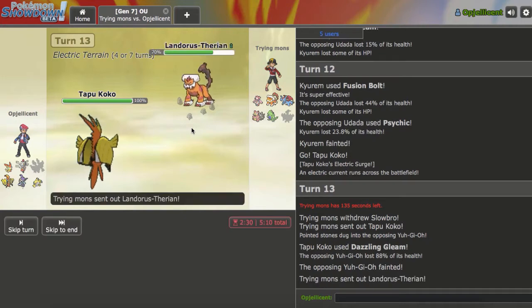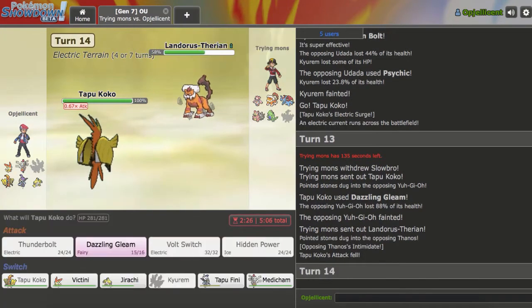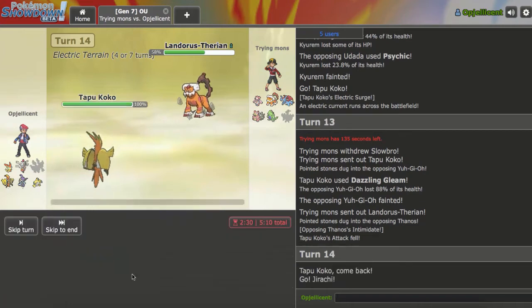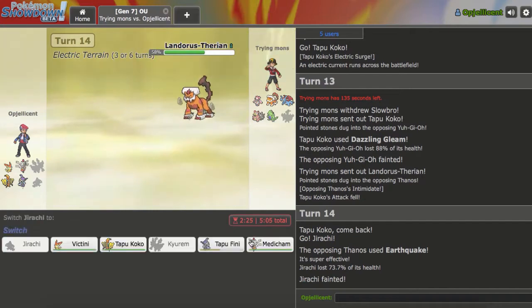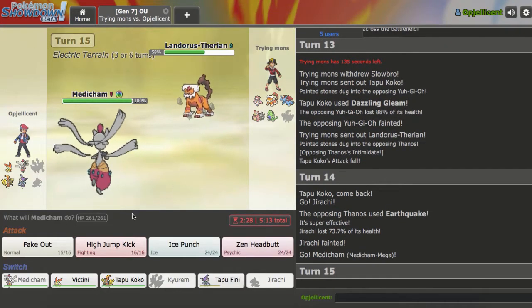I'm assuming... Yeah, there's Lando. So what I'll do is just... I need to sack him on, then go Fini. Medicham's definitely not. Jirachi, maybe? Yeah, Jirachi's the sack. So I'll go Jirachi right here. He goes for Earthquake, which makes a ton of sense. I'll go Medicham now, and go ahead and fire off a nice...